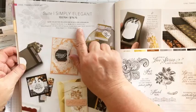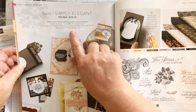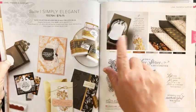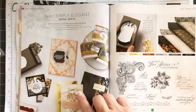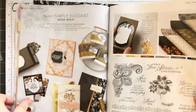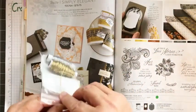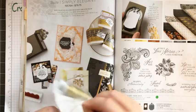So the suite for $79.75 comes with the stamps, the punch, the paper, and the trim. Now it's difficult to see on here that it's got trim, but it's this corded